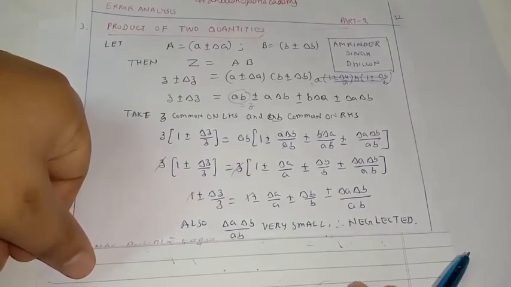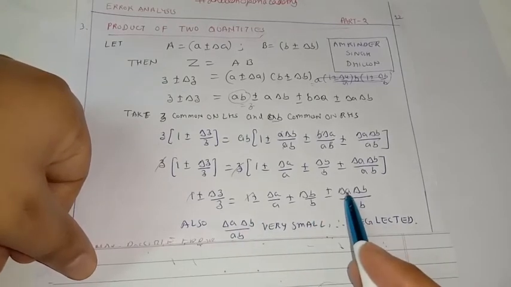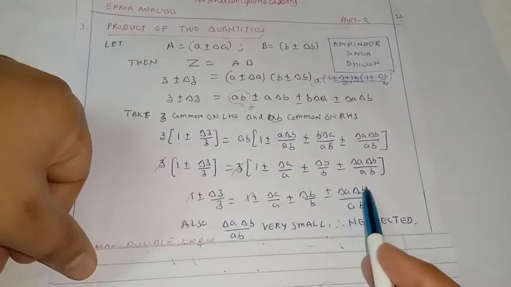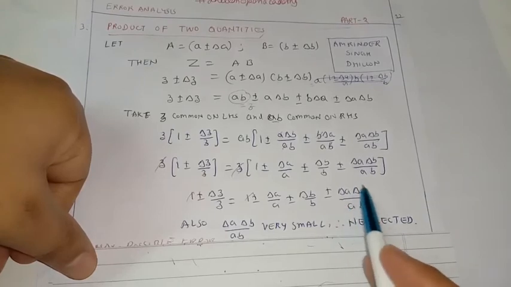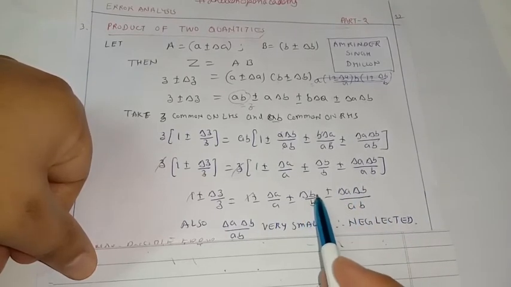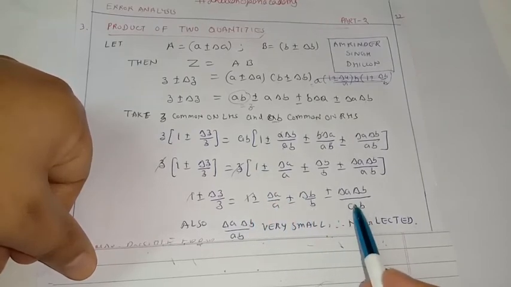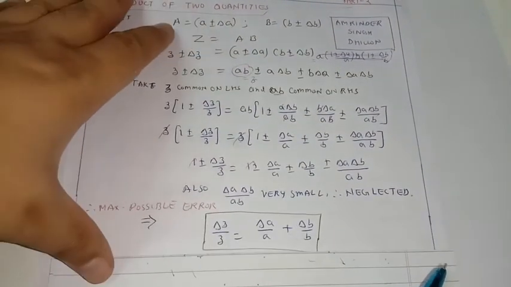Now the last term, delta A into delta B divided by AB, is very small, because we know that the order of magnitude of delta A and delta B is very small as compared to A and B respectively. So if we multiply the two together and divide by the product of A and B, the order of magnitude of this term will be very small as compared to the first three terms. So that can be neglected. So after that we are left with the terms